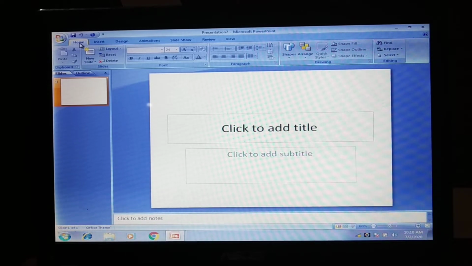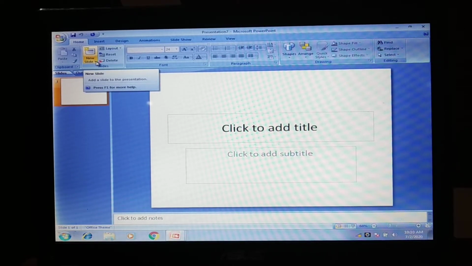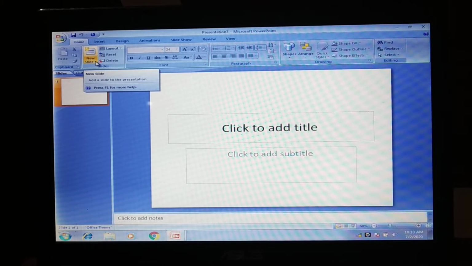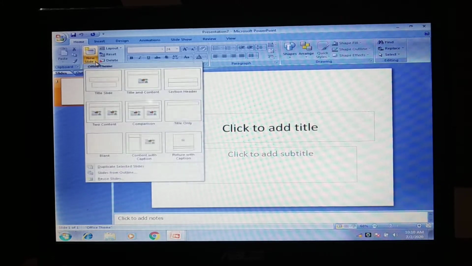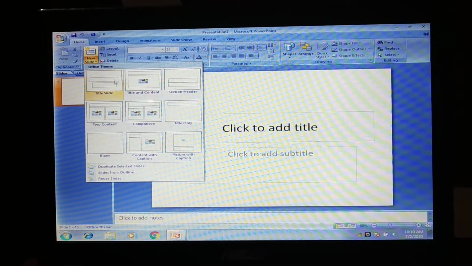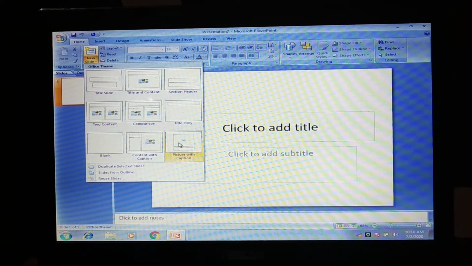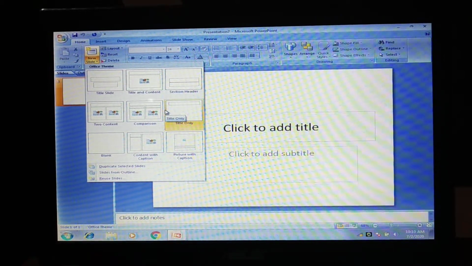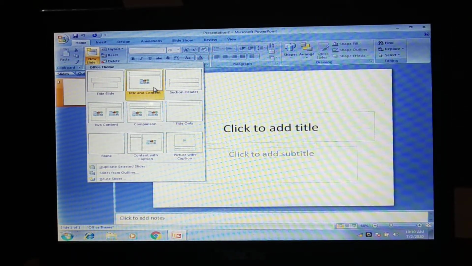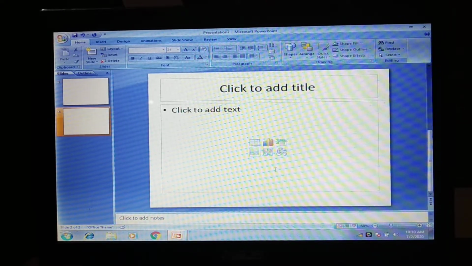Under the Home tab, see the arrow, Home tab. Under this you have the New Slide option, and where it is written New Slide, just beside that a small black drop down arrow is there. Click on it. When you click, by default whatever slides are stored in the computer, they will show you these 9 standard slides. These slides are already present. You can select any one, and that particular slide which you have selected will open here.